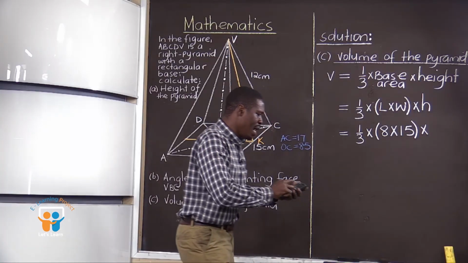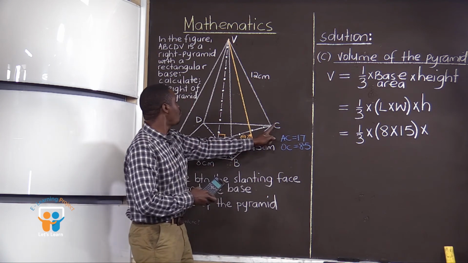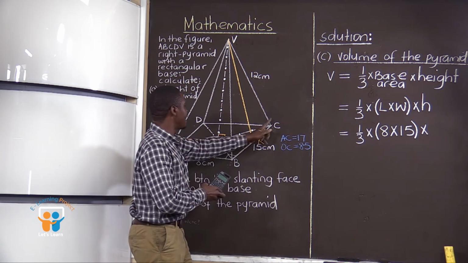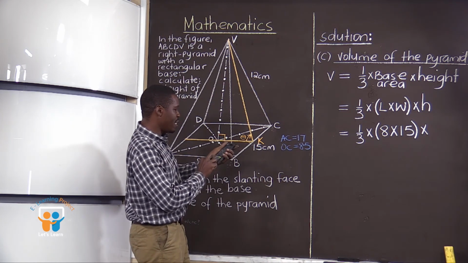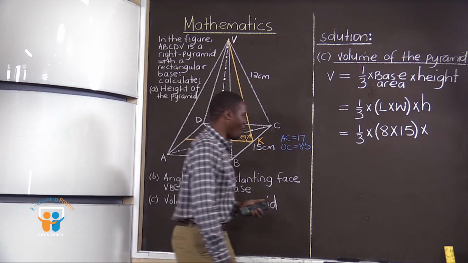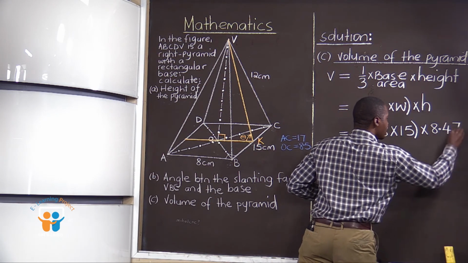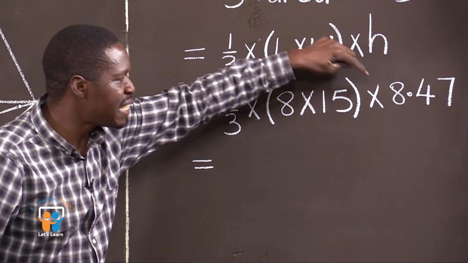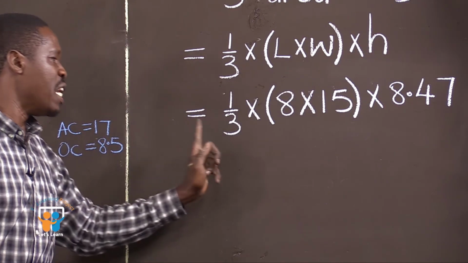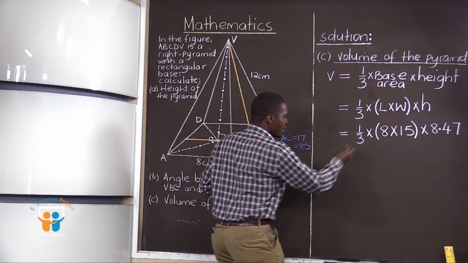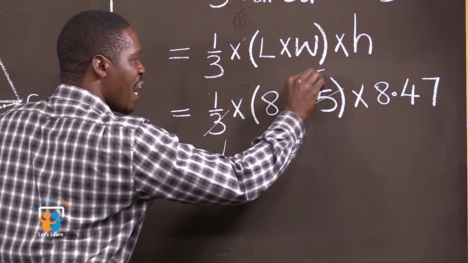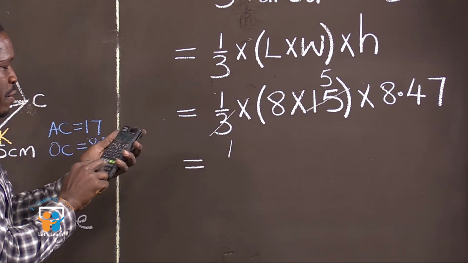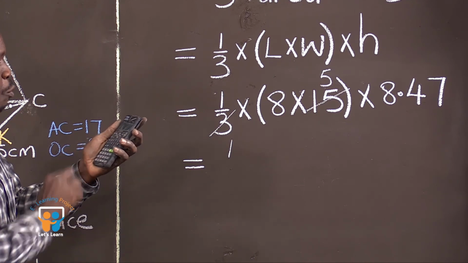You can remind yourself. I remember we said it was the root of what we got here and what we got there, which was 12 squared minus or take away this length here, OC, which was 8.5 squared. It was 8.47. So we can say times 8.47. Now, Mr. Examiner, sir, we need to multiply 1 third times 8 times 15 times 8.47. The final answer we get, we divide by 3. Alternatively, you can cancel the 3 by 3 once. 15 divided by 3 is 5. Then you can multiply 1 times 8 times 5 times 8.47, which would end up giving us